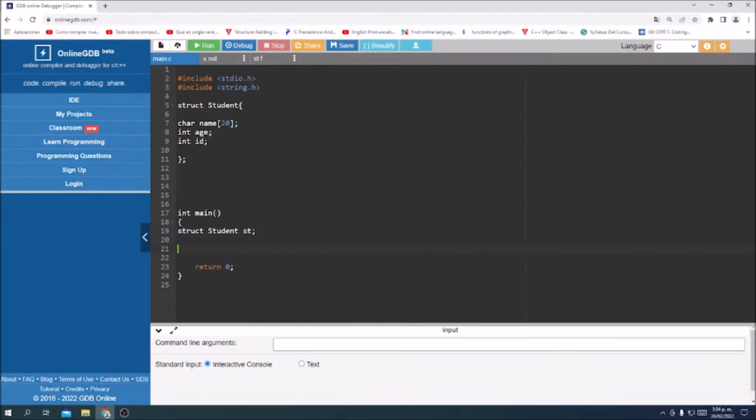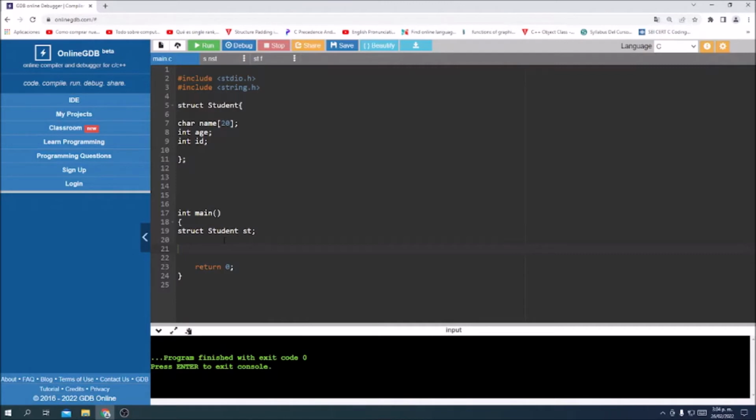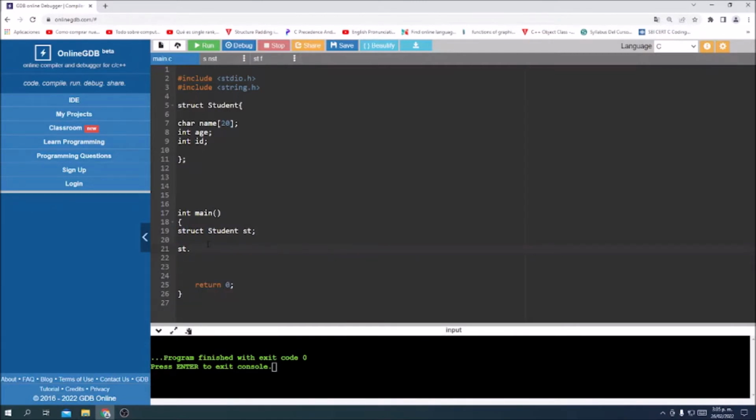All right, it's created. Let's see if I have any errors. No, I don't. However, it's not doing anything yet. Okay, so now let's access the members. From now on, I will have to refer to this variable as just simply st. So st dot, and let's access the name,